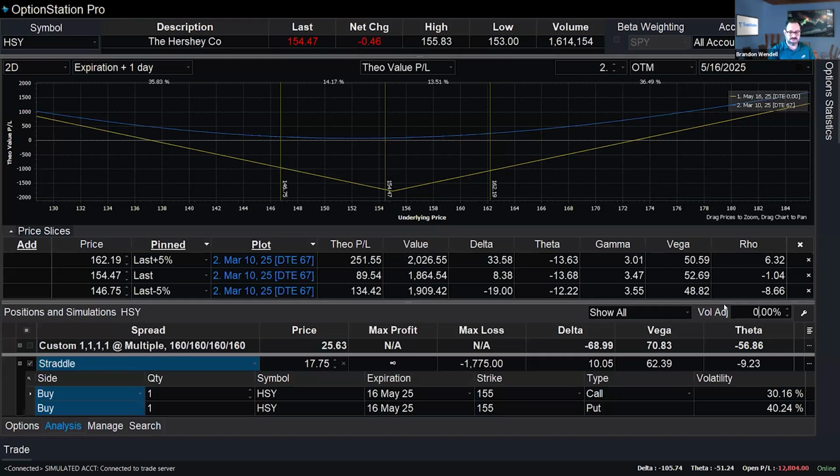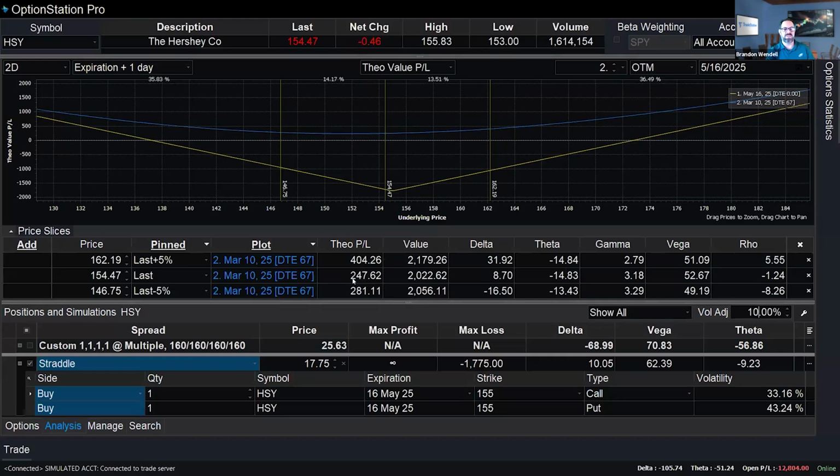And if it does move eventually by the 10%, even if prices don't go anywhere, we stand to profit theoretically about $247, even though time is decaying. That's if prices go nowhere. Interesting, if prices go up, remember I said we had a bit of a positive delta, so we're biased to the upside. So if we get that uptrend continuing, we actually make $404 theoretically. If it goes down, we still profit, not as much because we're a little bit flatter on the bottom of the curve here.